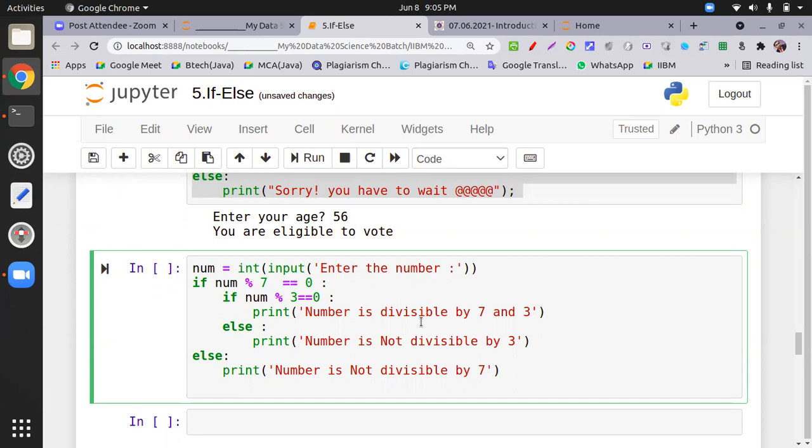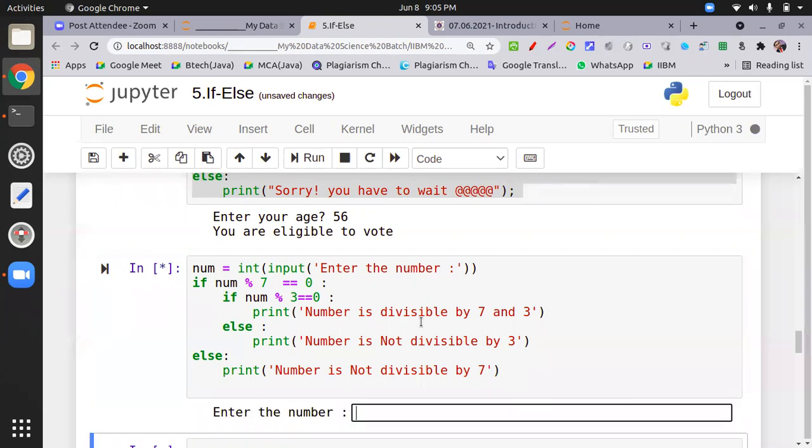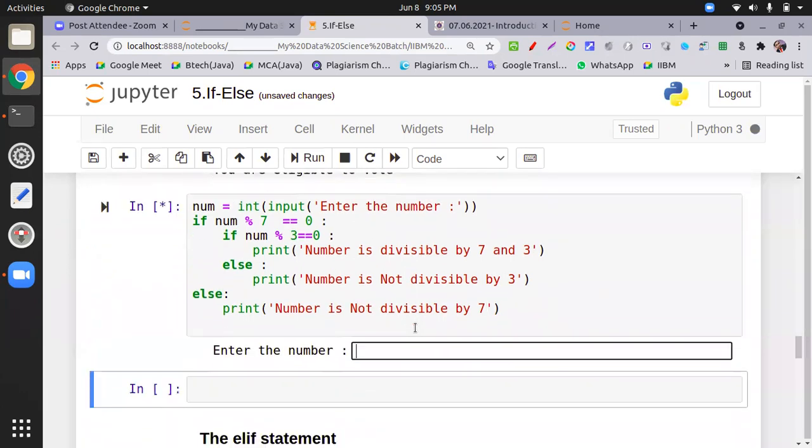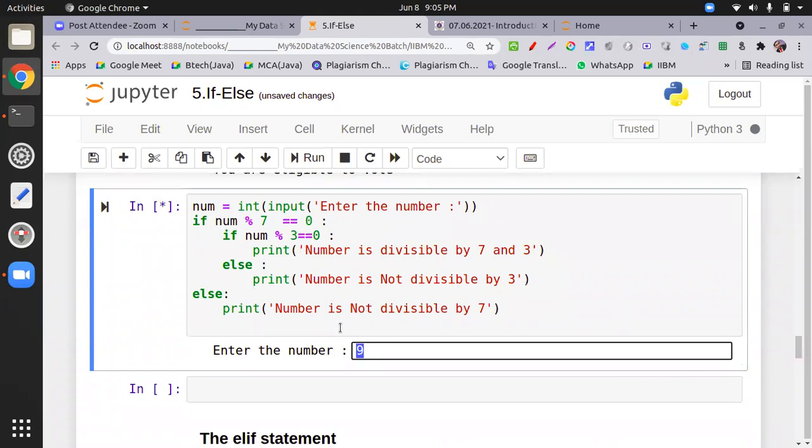So if I run this program and put 9, what does it respond? The number is divisible by 3, sir.